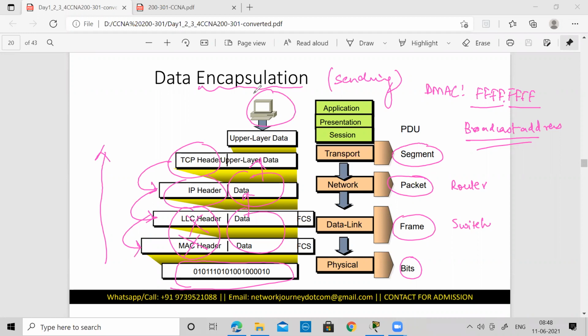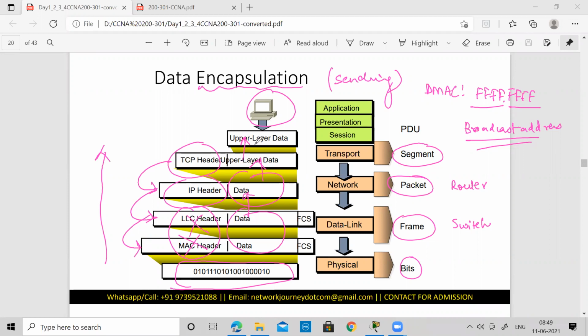So once it sees that there was a request, that means this is the reply, so I should hand over to this particular application. Maybe this was an HTTP application for which the request was sent. So it will check the port number, that the specific port number has initiated a communication. So this is a reply for the same application. So it will then see that and hand over to the upper layer, which is nothing but the user. Okay, so the reverse way is just looking at the header and then deciding whether to go ahead and hand over the data to the upper layer. And this is how the communication happens.